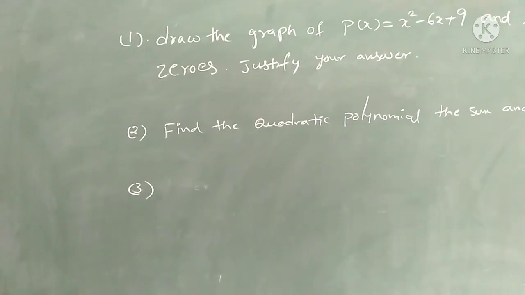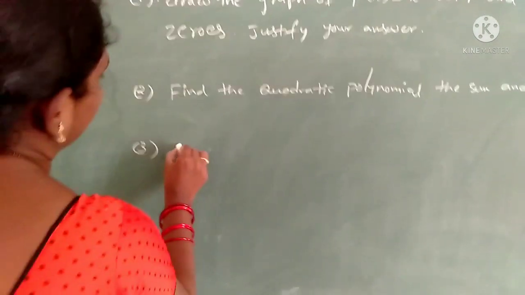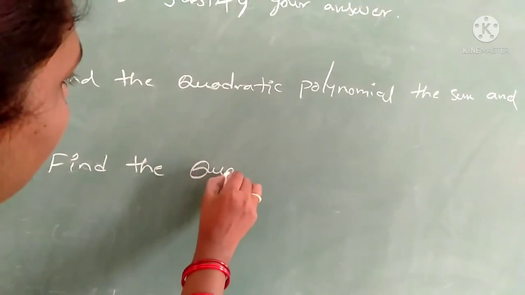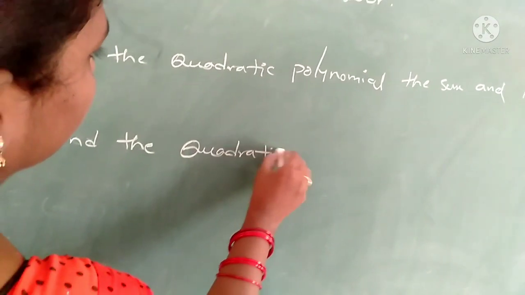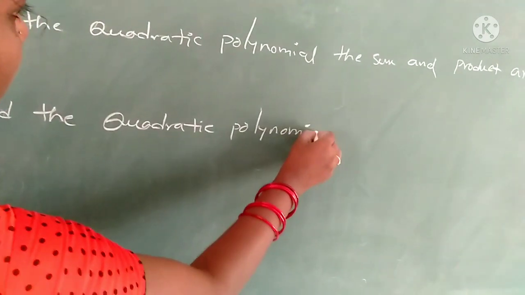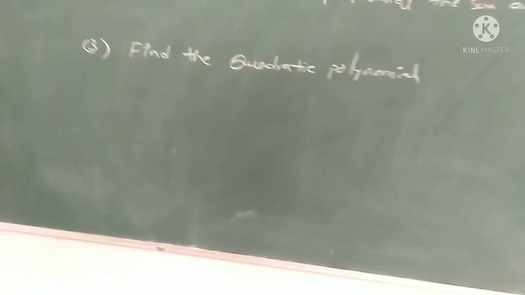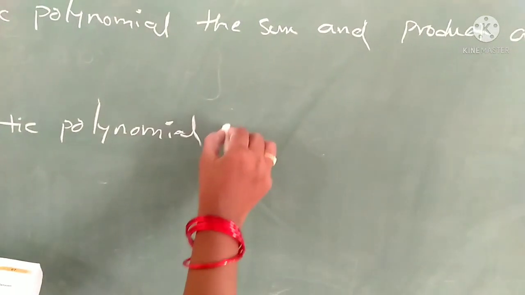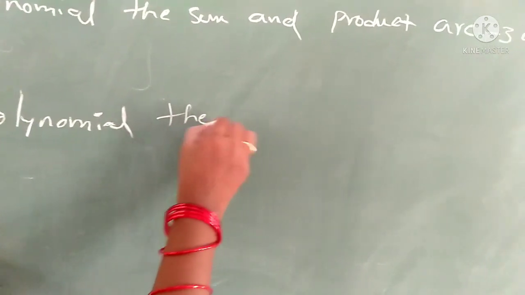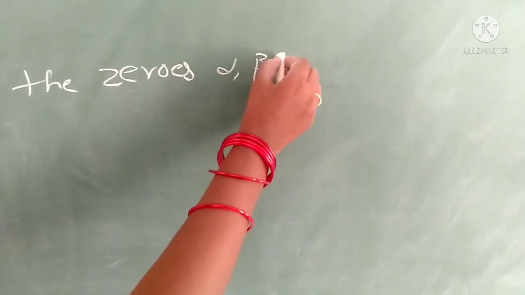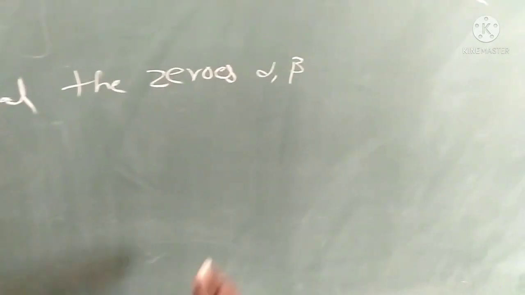Next one, third problem. Find the quadratic polynomial. The zeros alpha beta are